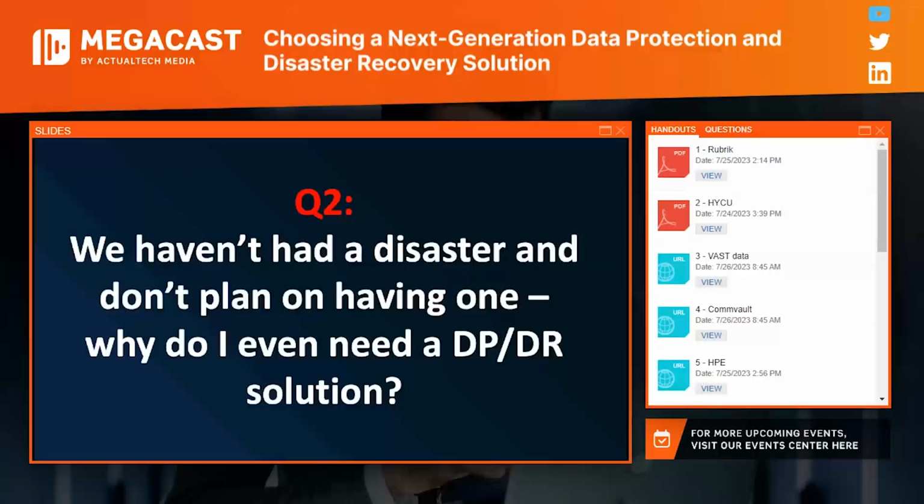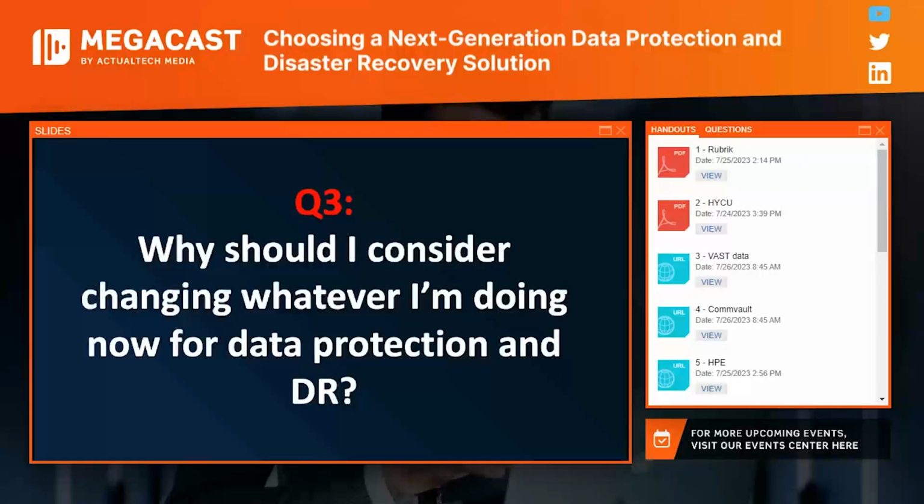And the downtime can cost more than your company can afford. I saw on average it costs businesses $1.85 million to recover from a ransomware attack. And the largest ransomware demand in history was $50 million. And most companies only recover 65% of their data in a ransomware attack. So you don't want to be one of those companies. You want to be prepared. And hopefully by the end of this MegaCast, it's a no-brainer as to why you need a next-gen data protection and DR solution.